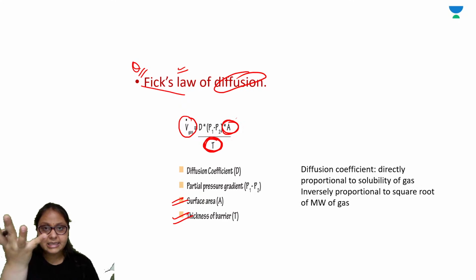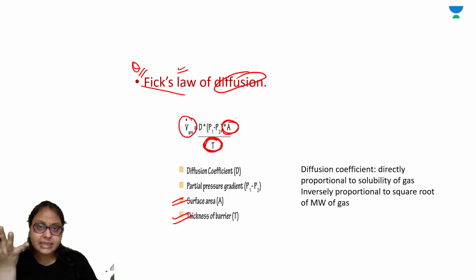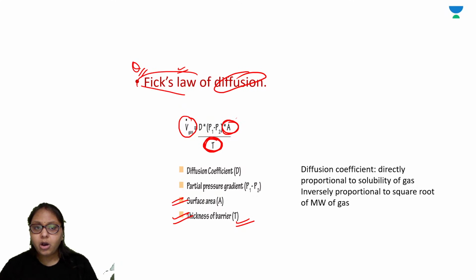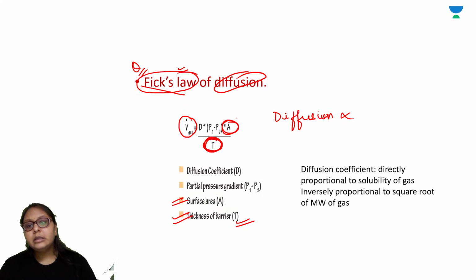So more the surface area, the more will be the exchange of the diffusion of the gases, and more the thickness of the respiratory membrane, less will be the diffusion of the gases. Okay, so this is very important. Please remember, according to the Fick's law of diffusion, the diffusion of the gas is directly proportional to the surface area, and it is inversely proportional to the thickness